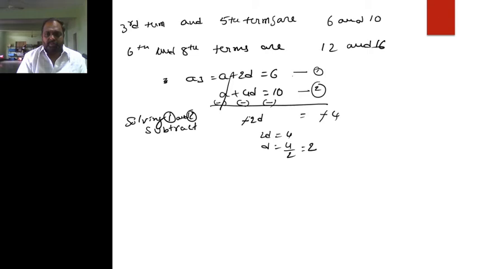Substitute D is equal to 2 in the first equation. A plus 2D is equal to 6. A plus